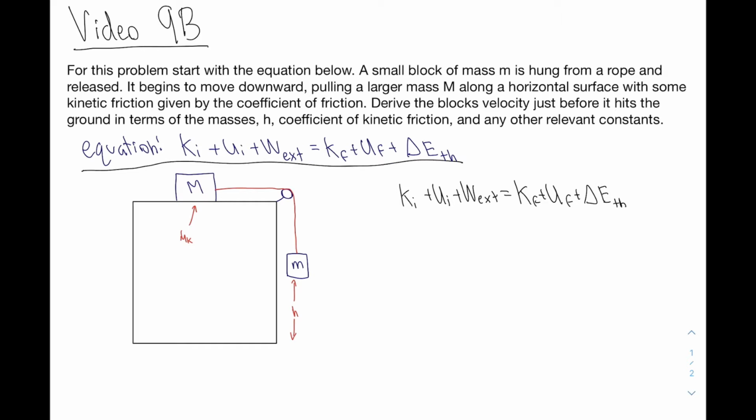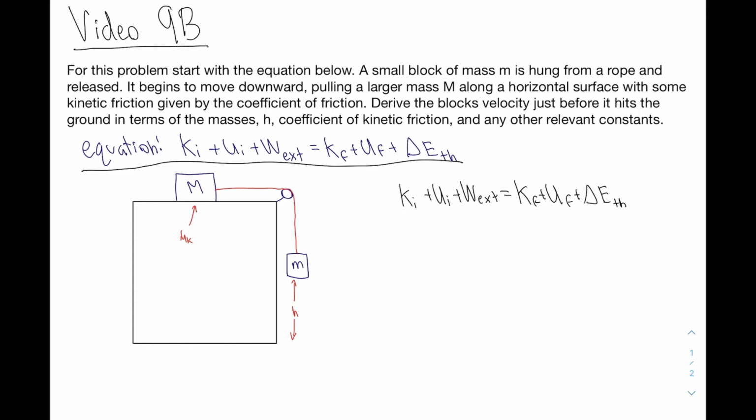And we have to solve: a small block of mass m is hung from a rope and released. It begins to move downward, pulling a larger mass, capital M, along the horizontal surface with some kinetic friction given by the coefficient of friction. Derive the block's velocity just before it hits the ground in terms of the masses, h, coefficient of friction, and any other relevant constants. So there's no mathematical work here. We just have to derive in terms of